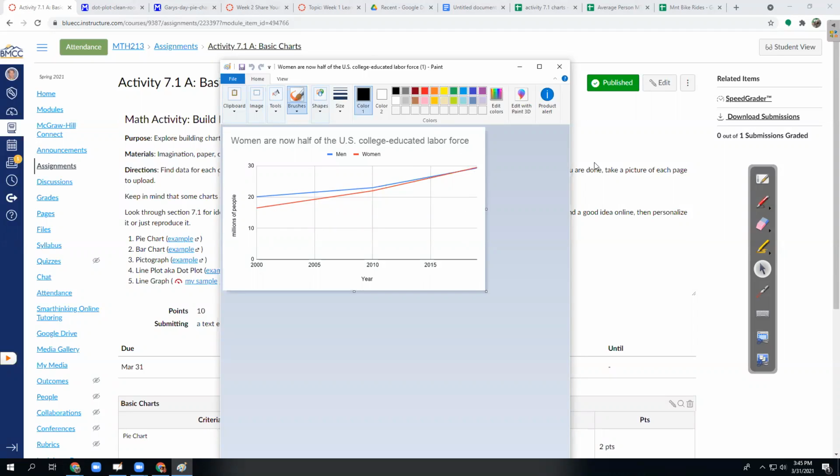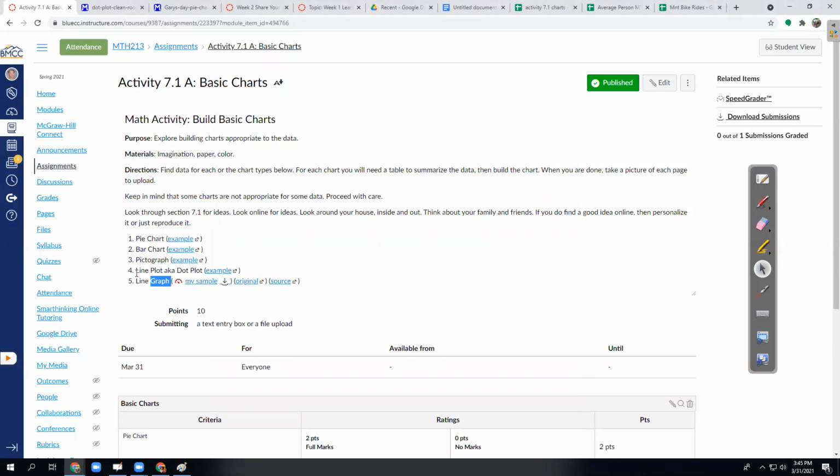So that was my line graph. And notice that this one is called a line graph versus a line plot. And there, again, if somebody refers to a line graph, that's usually a graph that happens over time. So you have to come up with some kind of data with time in it. So something that changes each year. So you have to come up with an idea for that,